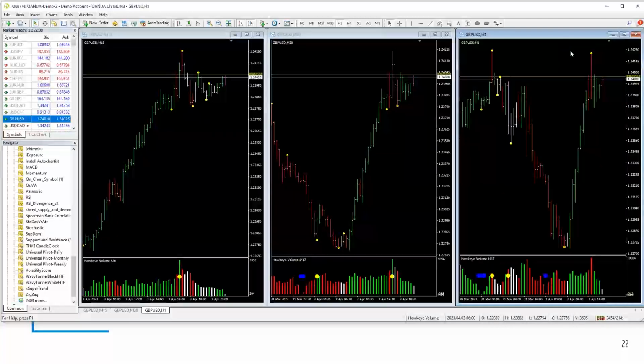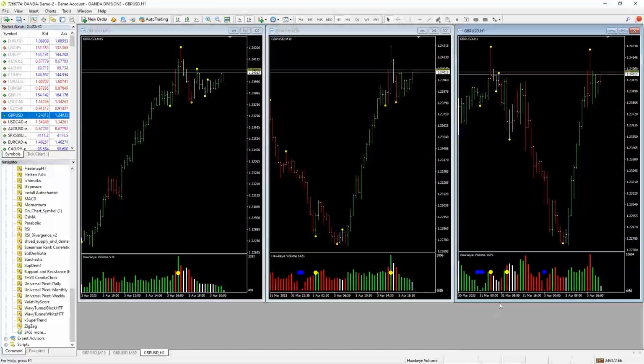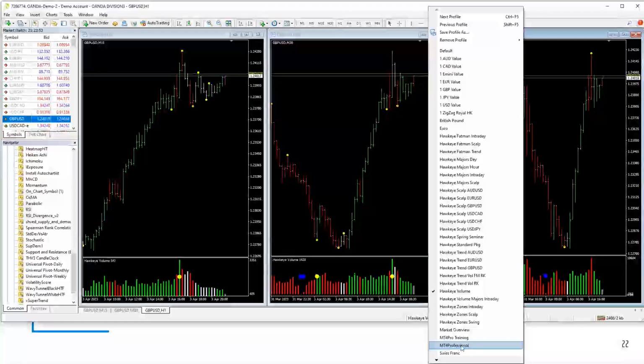And if I were to go into full screen mode, I would like the windows to be able to move with me. I don't want to have to physically redraw each window every time, especially if I have different sized windows. So let me launch MT4 Professional. We have it set up for you as a profile in MT4 and MT5.